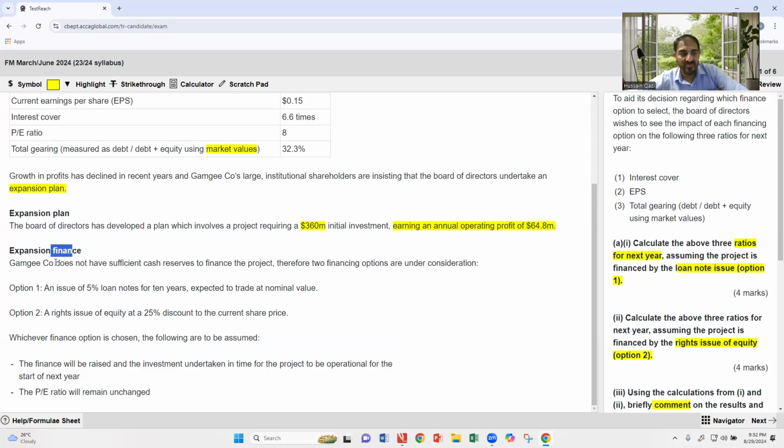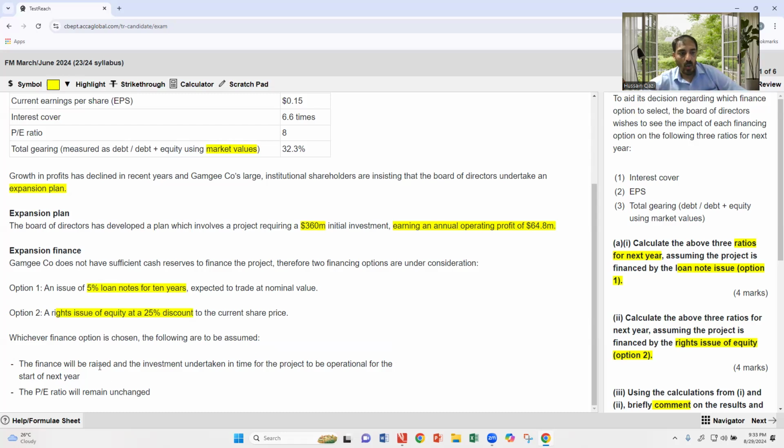Expansion finance. Gamgee does not have sufficient cash to finance the project. Therefore, two financing options are under consideration. Option 1: issue of 5% loan notes for 10 years, that is debt finance, expected to trade at nominal value. Option 2: rights issue at a 25% discount to the current share price, that is